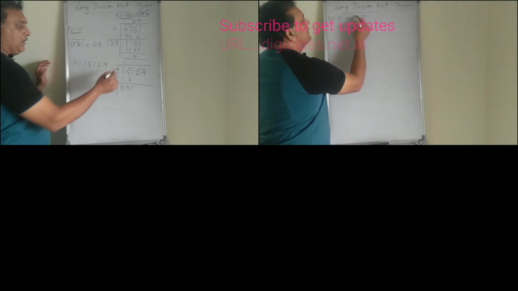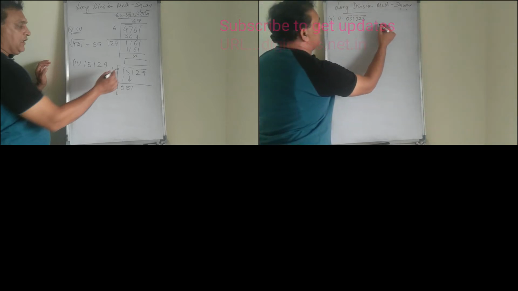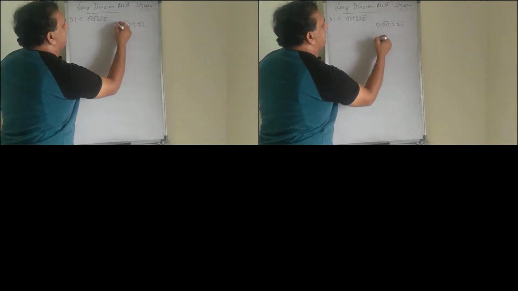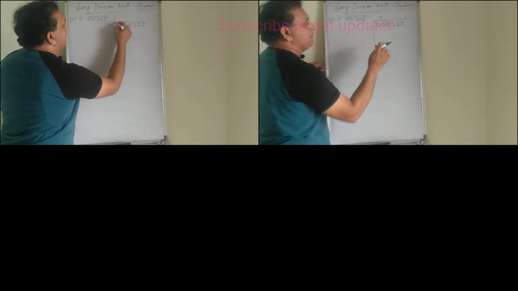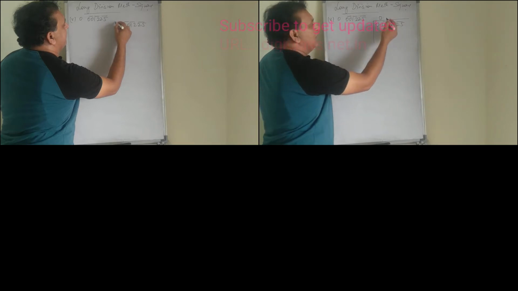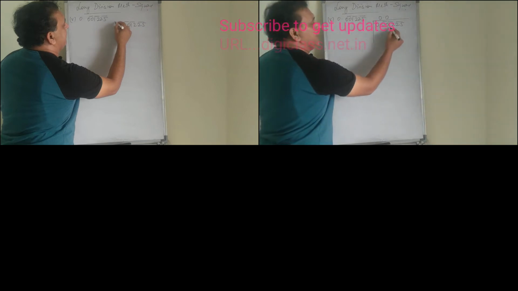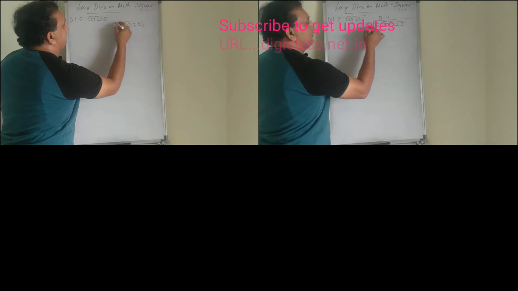So let us start this. 0.001225. So the first digit is 0, so we have to place the decimal. Again the next pair is 0. We can just place 0. It's not possible to solve. Now the next digit is 12. So 3 3s are 9. So we have to take 3 as our number because 9 is smaller than 12.